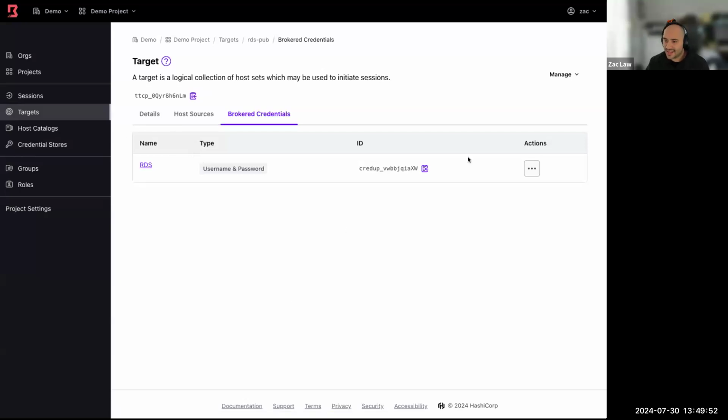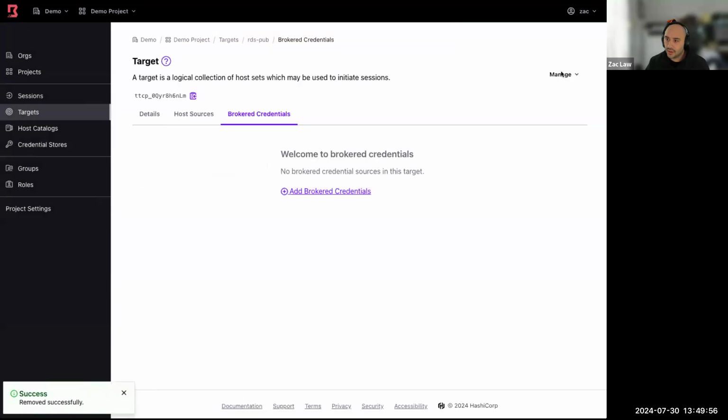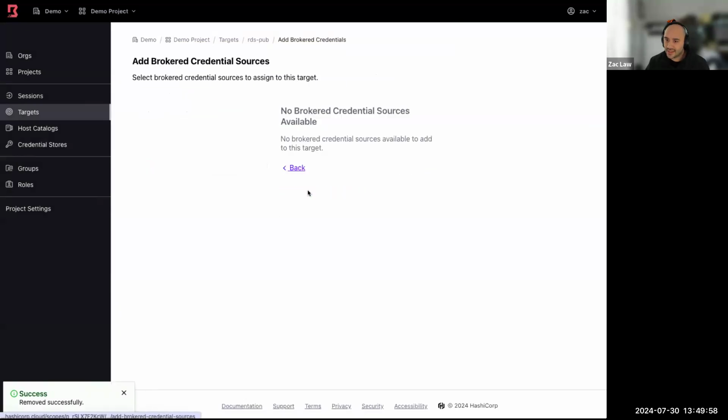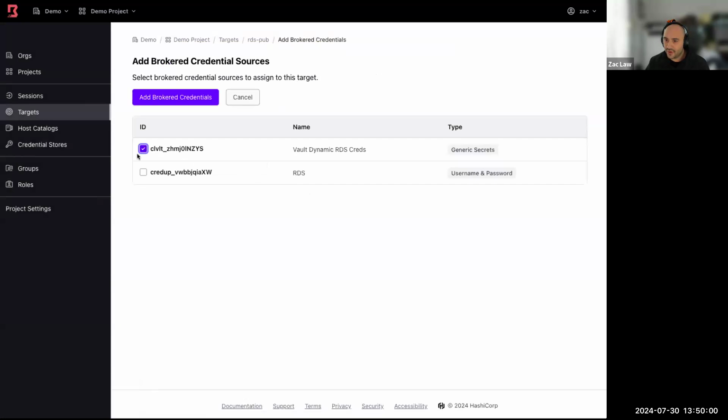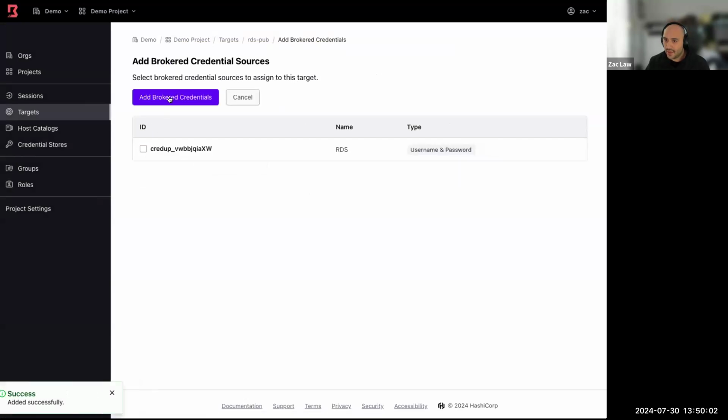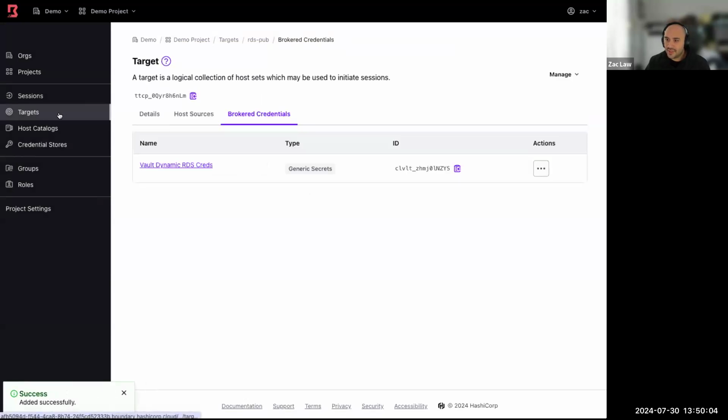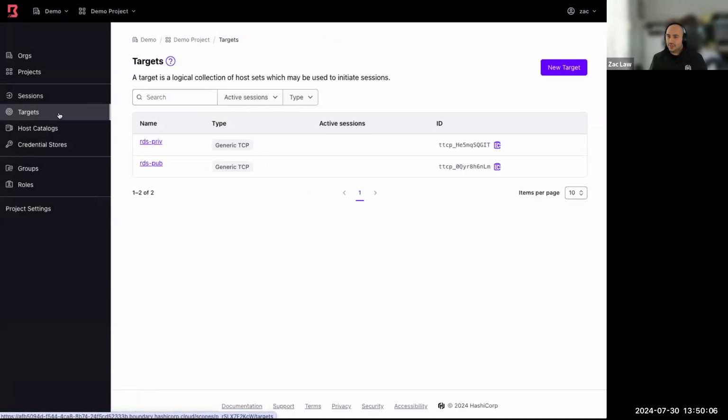So rather than having the static credentials, I'm going to go through and put in my dynamic ones. I'm going to add some brokered credentials. I'm going to put my Vault dynamic credentials here, add them in. Now what this means is that every time I log in using Boundary to this particular public RDS host, rather than using the static username of test and whatever password I've got associated to it,